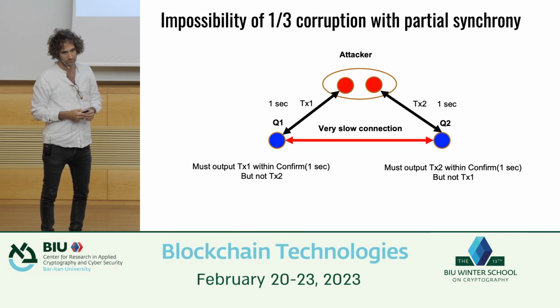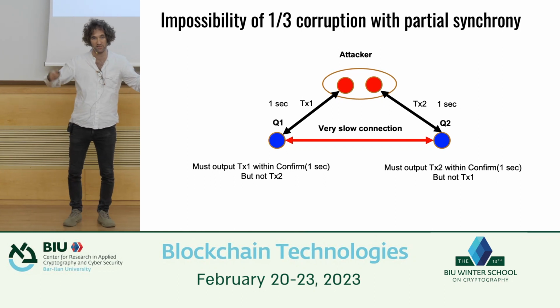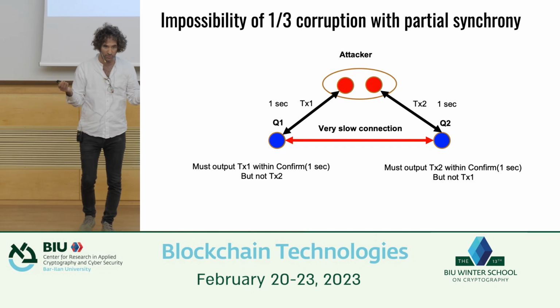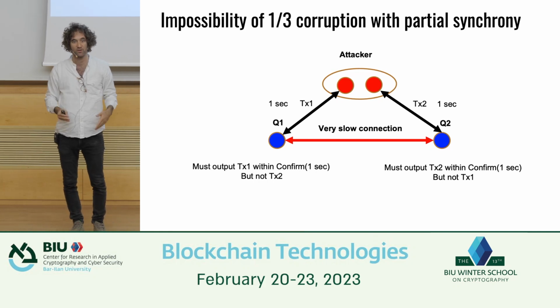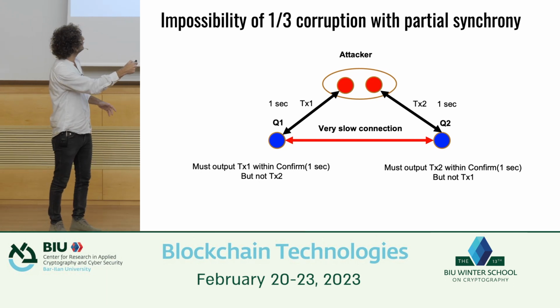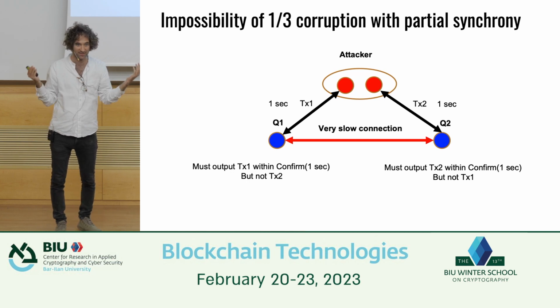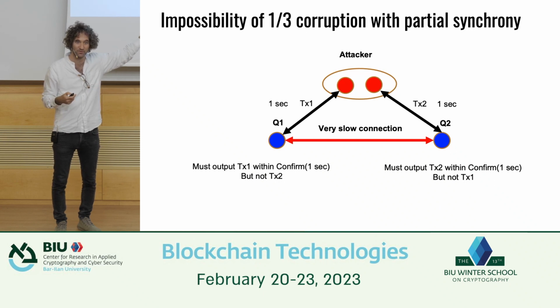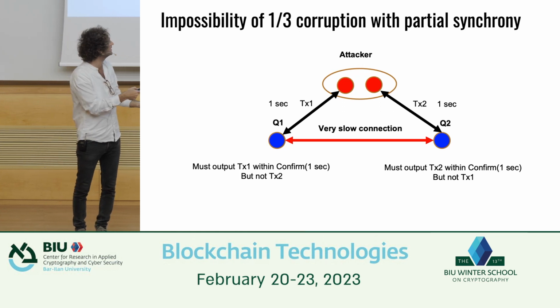So what does delta mean? Delta is an upper bound on the time it takes for a message to get delivered on the network. But remember, in the partially synchronous model, the protocol needs to provide this output within time delta, right? But it's unaware of what delta is. So if I look at these 2 guys, the upper bound on communication between honest guys is actually very small. So you can think of delta as being very small. So this is like an honest execution with a small delta and having this guy being dishonest.